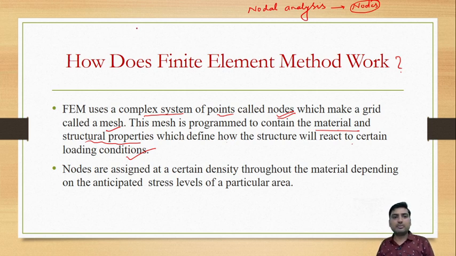So suppose we have a beam element like this, or let's take a bar element. First we'll take some example of bar element. Okay, so here what we need to do, this you can see, this is a bar element, then we'll take the nodes. Where we will take the nodes? At both the ends we will take the nodes and we'll give it a number like node number 1 and node number 2. Now when we will analyze this, we will analyze for node 1 and we will analyze for node 2. Means what we need to find?